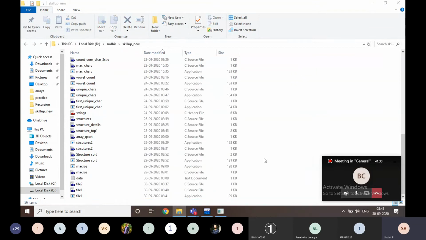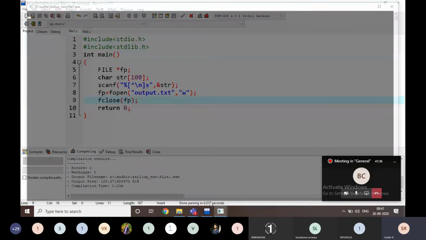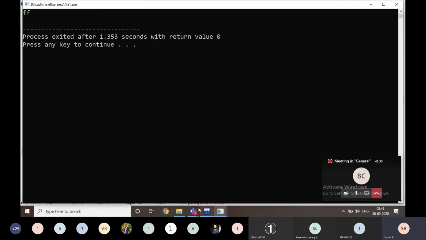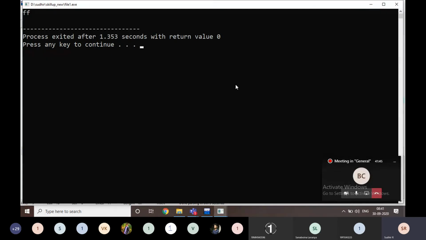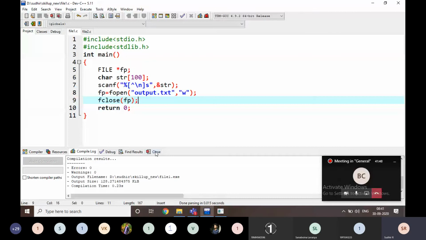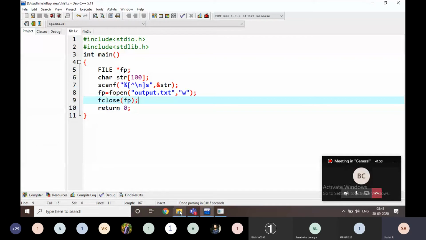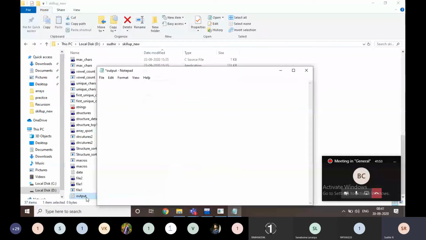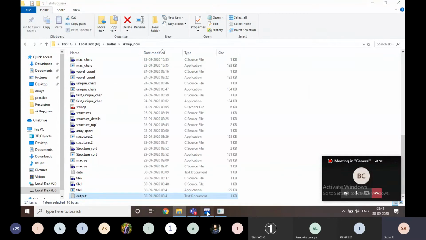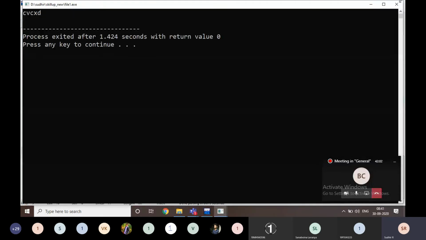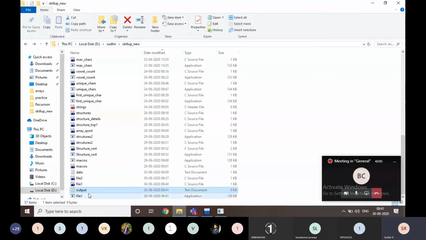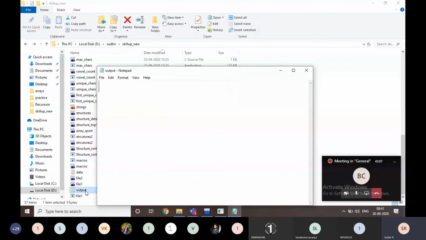If I delete this file and execute it again, it is created again with 0 KB. If you observe, if there is no file, it is automatically created. If the file is there with some content, and I execute it again and close it, then when I open this file again, there is no content.